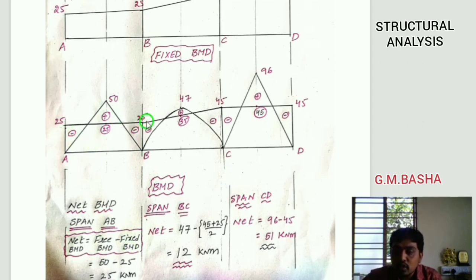So how will you get this 25? This is in the form of a rectangle. So if you take this ordinate point, where I want to remove this ordinate point, this 50 is the ordinate point exactly at the 2 meter span. So I want to remove